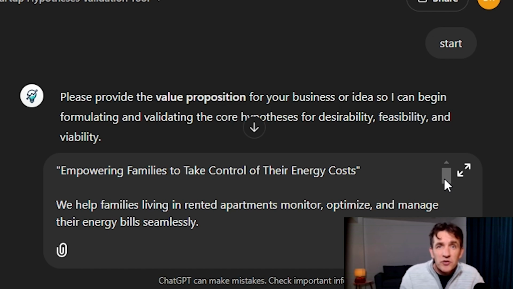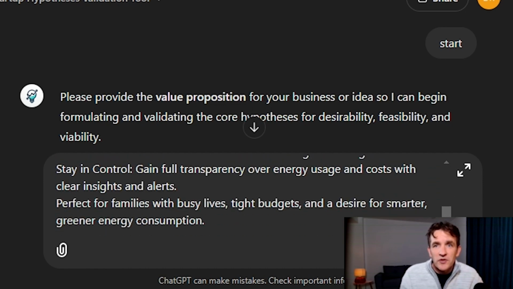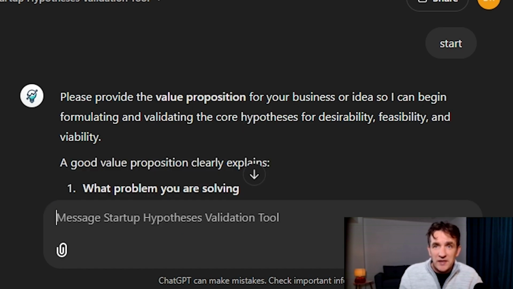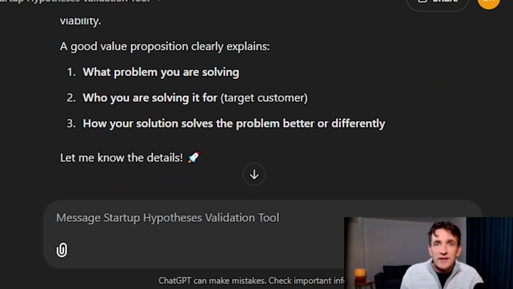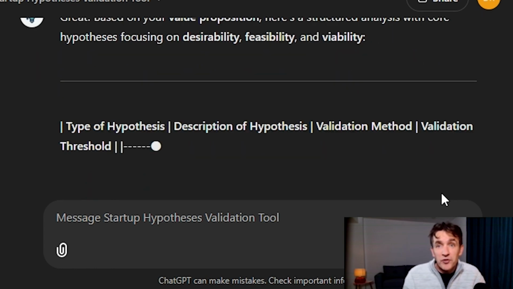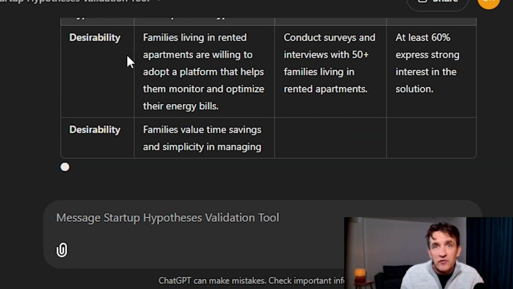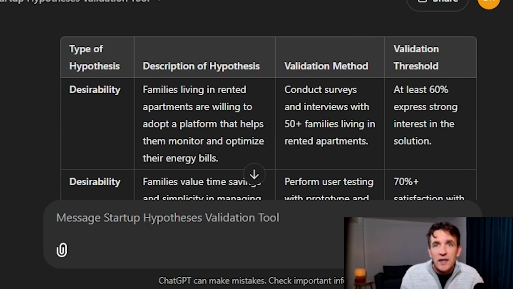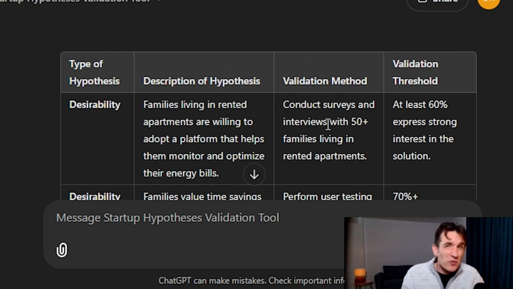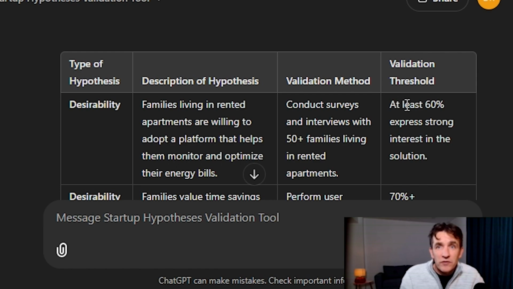So here I use a value proposition where we have developed a startup to empower families to take control of their energy costs. So I've given a description of the value proposition. And now I can simply press enter. And now you will see that this application will generate a table with a number of hypotheses that could be important to test. It indicates which type of hypothesis. So the first one is a desirability hypothesis. It will also suggest which validation method we could use to test this hypothesis and some potential validation